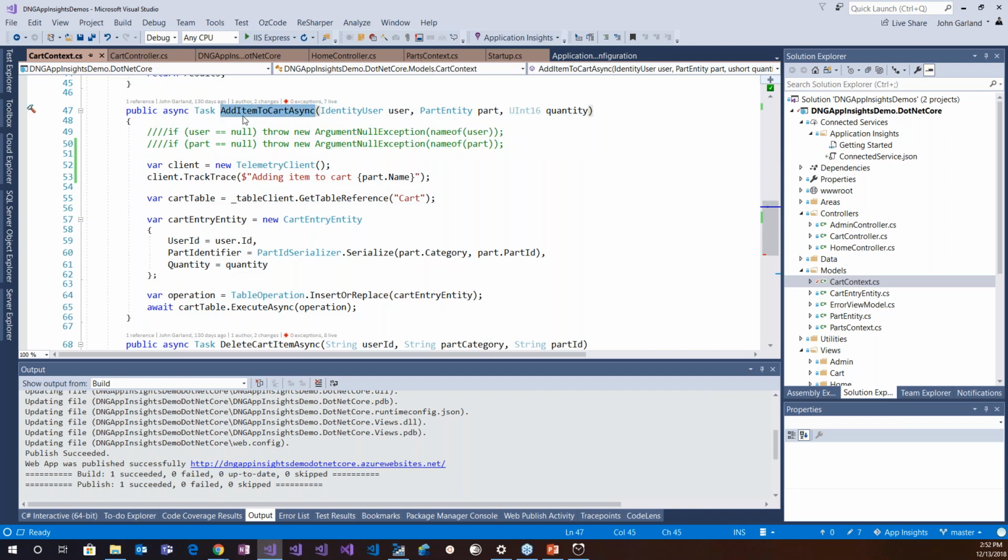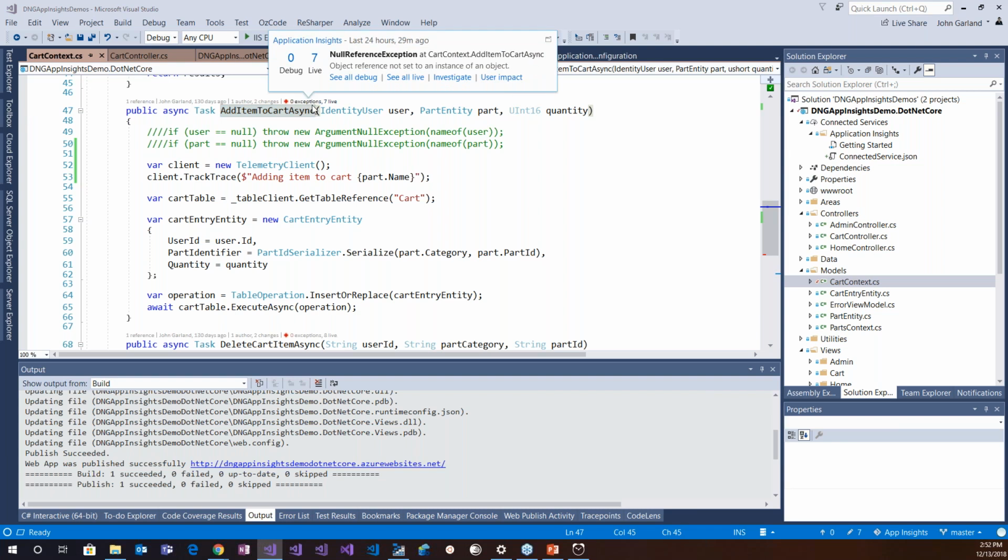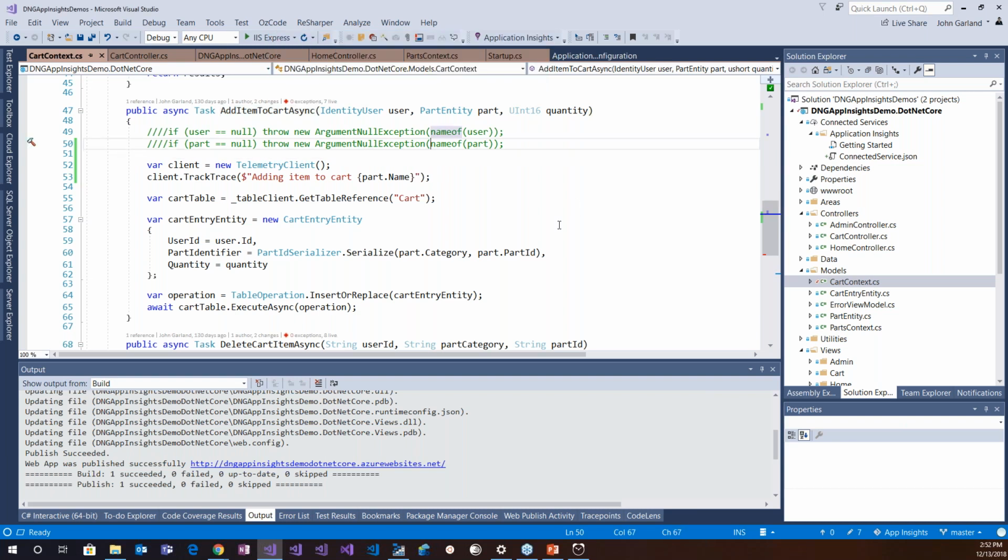We know we've got a bunch of problems adding an item to a cart, and if I look here in either professional or beyond versions of Visual Studio, I can see that in my live environment, I've got 7 exceptions. And in my debug, because I haven't run this, I don't have any exceptions being carried out here. If I run this application from within Visual Studio,